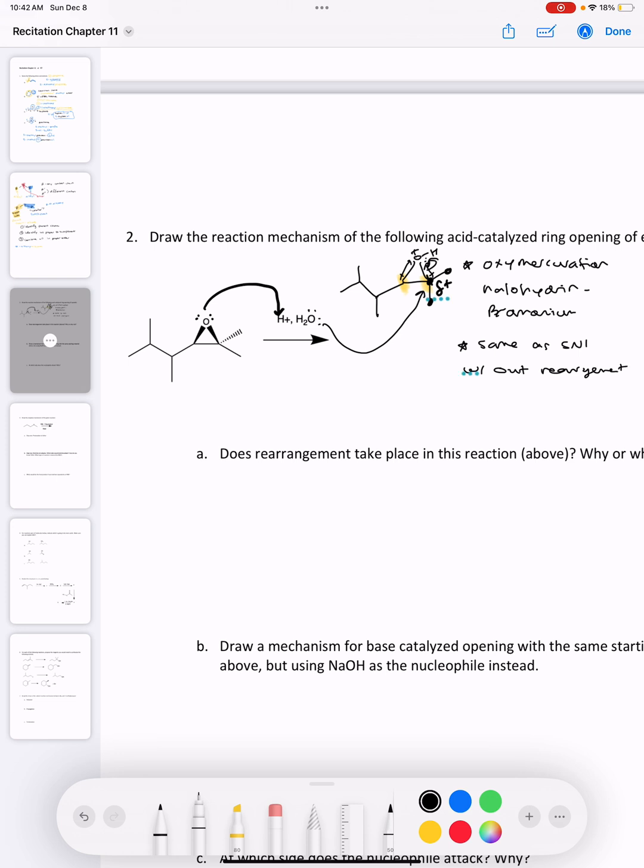So if this nucleophile attacks, I'm going to draw back over this arrow in yellow just so you can see it. This nucleophile attacks, then this bond right here will break. I worry that that's kind of crowded, hard to see, so actually I'm going to erase some things here and try to make it a little bit easier for you to see. Okay, so